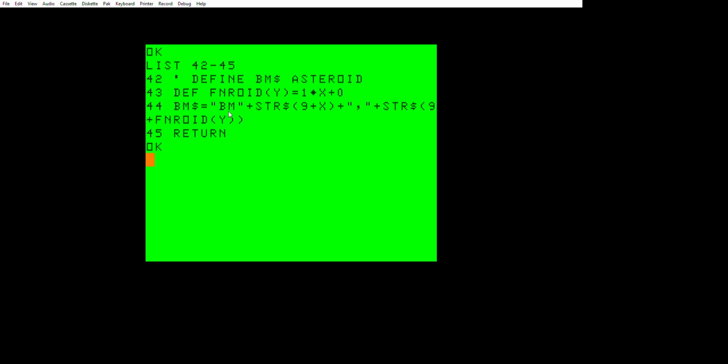There's something called define function, DEF FN. It's not a command, it's a math function, and it's just DEF FN, and then you name your function. It just meshes together like that. I named it Royd, and then you define the variable that you want to